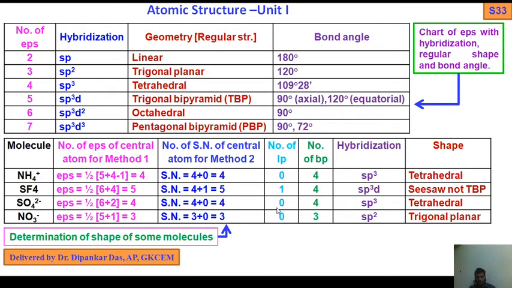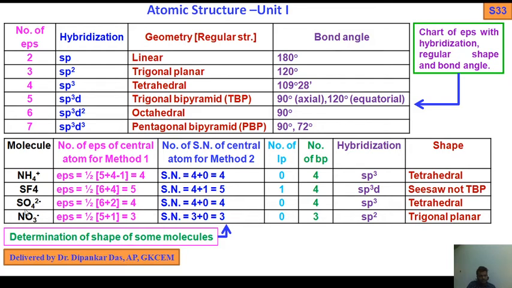So due to the presence of lone pair, now the structure should be trigonal bipyramid, but its actual structure is seesaw, not TBP. Later we will discuss the details in the table. So this is the seesaw structure. Or if you do not remember the seesaw structure, you can write the distorted TBP structure.